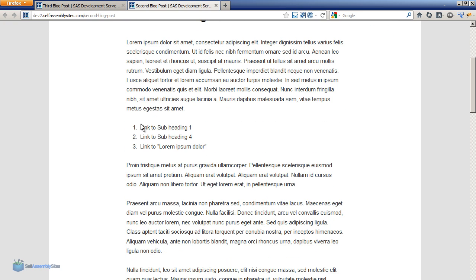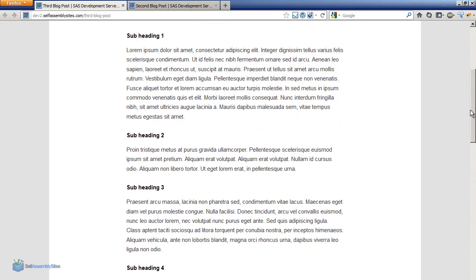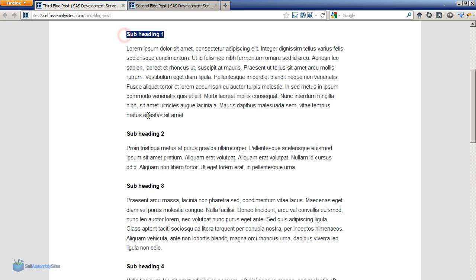So what I'm going to do here is I've got a blog post and I've got it set up with 3 links here. There are no links in the text at the moment, so you can see I'm clicking on them, nothing happens. What I'm going to do is turn these into 3 links to another blog post, which I have here. And in this blog post, I have the subheadings,